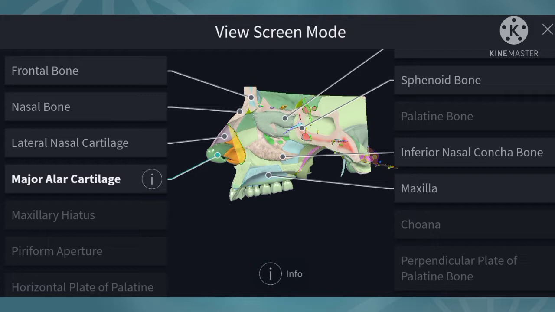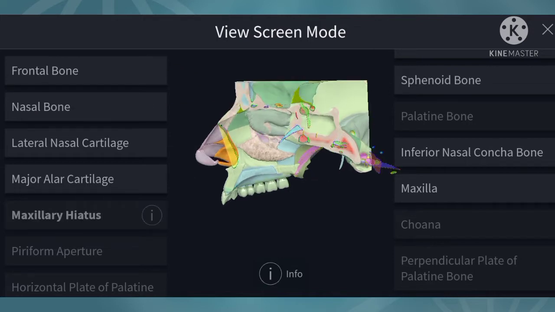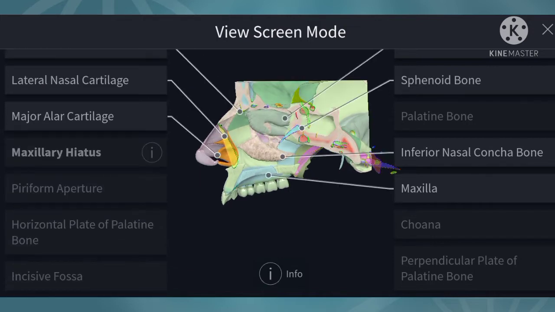The skeleton of the lateral wall of the nose is partially formed by bone, partially formed by cartilage, and partially made up only of soft tissue. Firstly, we will talk about the bony part of the lateral wall of the nose. The bony part is formed by the frontal bone, nasal bone, maxillary hiatus, horizontal plate of the palatine bone,